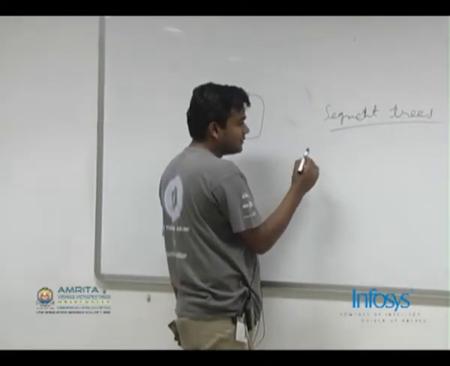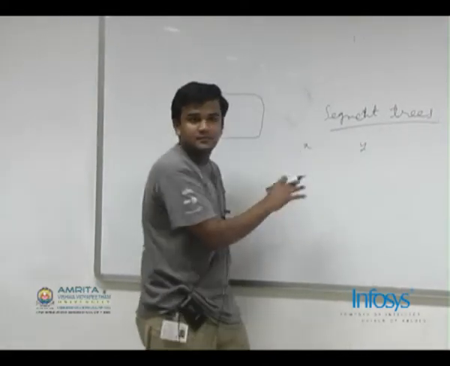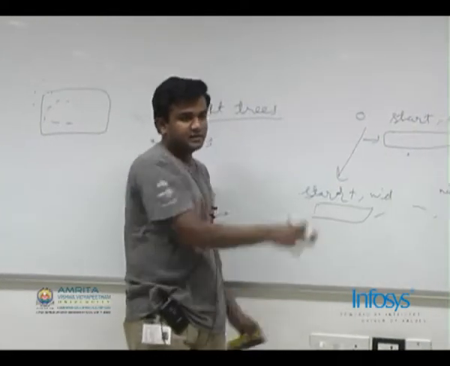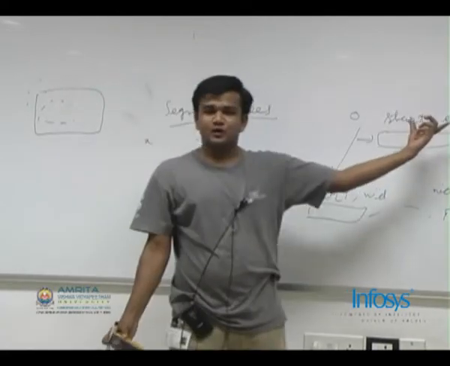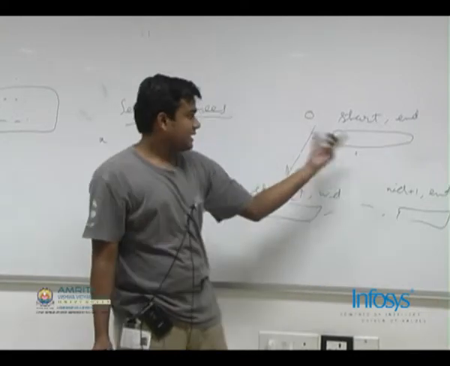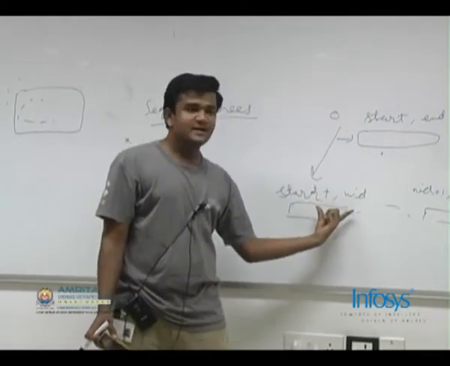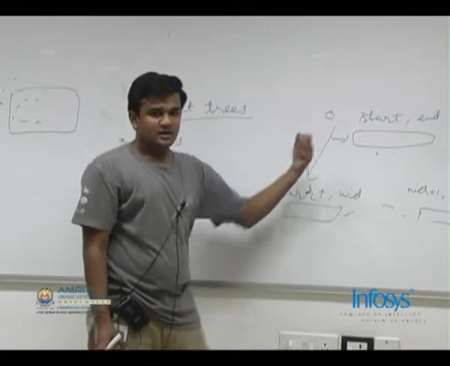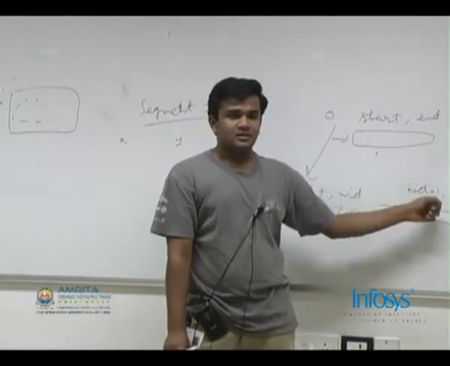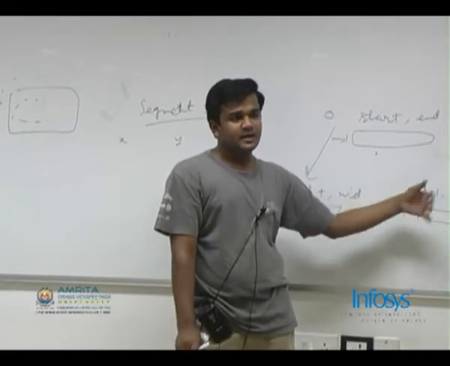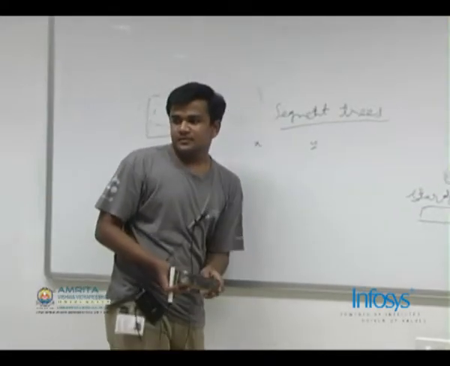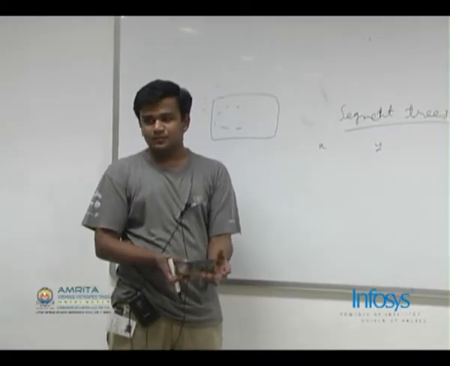Now suppose I am given some query from x to y. This x to y, I will check with the root of the tree. If this xy contains this full interval, I can do a binary search in this. Otherwise, if xy has some intersection with the left child, I go to the left child and compute the answer. If it has some intersection with the right child, I go to the right child and compute the answer and add them up. This is a basic method using segment trees.